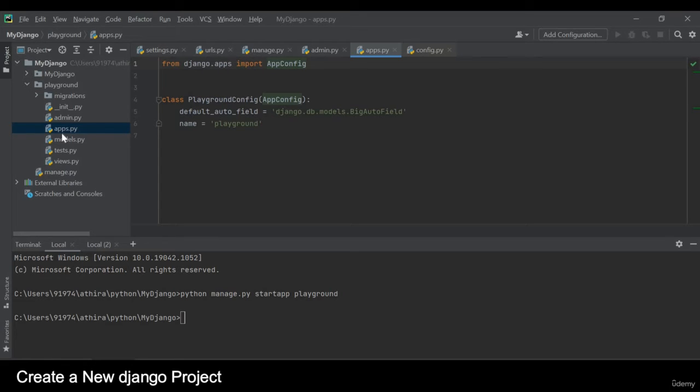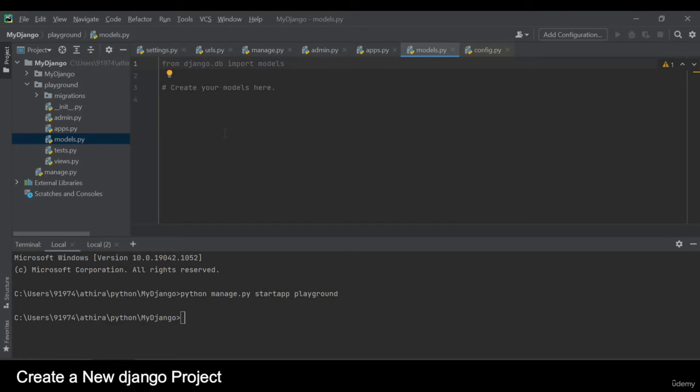So apps.py will contain the configuration for the playground app, and let me open models.py. It's currently empty because we haven't created any model yet. I'll show you how to create a model. Then we have the test.py file in which you can write the test cases. What are test cases? To test your application, to check whether our application is returning the result that we are